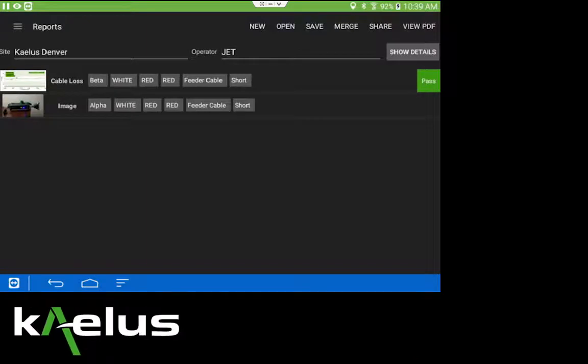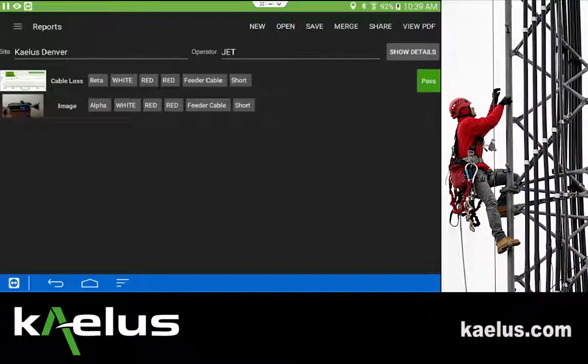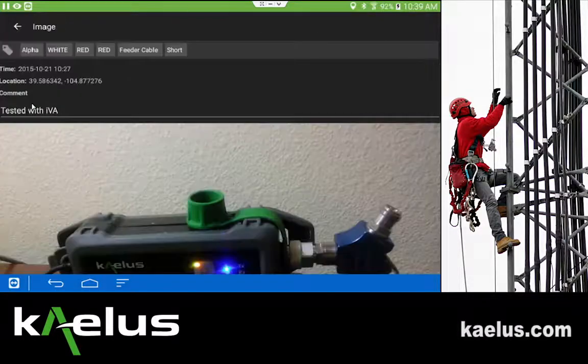As suggested, a quick review of any report that's being prepared is often a good idea. In this particular case, we now have two line items, an actual measurement of cable loss, and then an image that we want to associate with that measurement. In reviewing the tags, we see that the tags are incorrect and the alpha, as before, needs to be replaced with beta. By selecting, again, the image itself, we can select the alpha icon, delete it